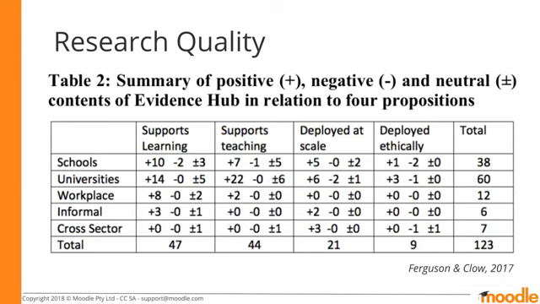What does the evidence show about the effectiveness of learning analytics? This table summarizes 123 studies across multiple sectors against 4 propositions. Many of the studies don't include evidence supporting any of these propositions. This problem is exacerbated by publication bias, which is the tendency to publish only positive results, and many studies may suffer from the Hawthorne effect, whereby the act of conducting a study tends to improve results no matter what the